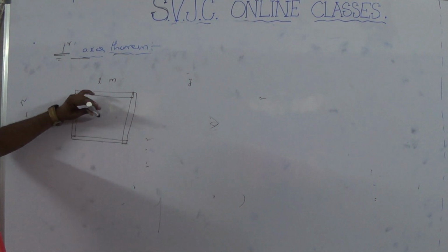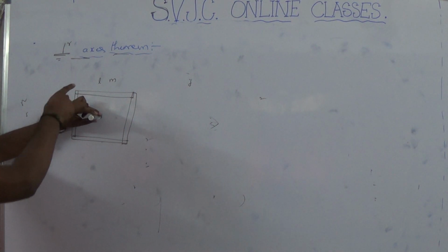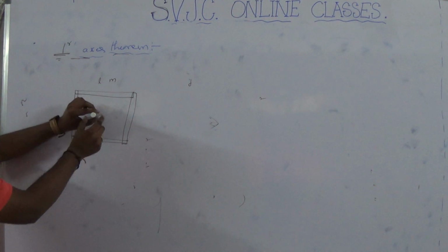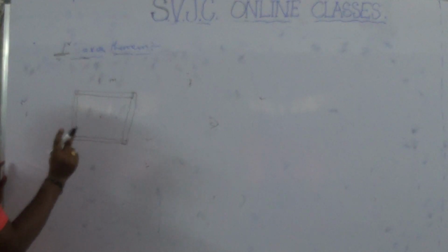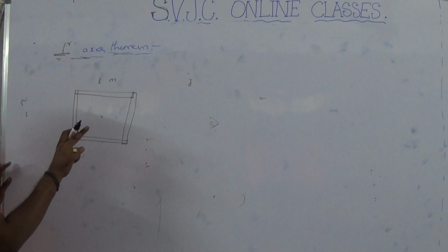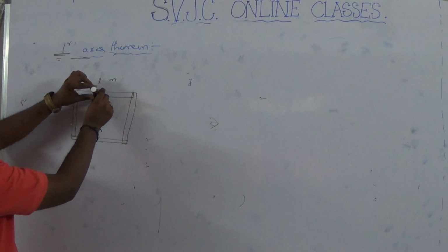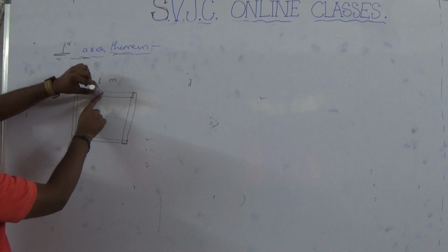about this axis, passing through the center? Length of the rod is L, mass of each rod is M. Now they are arranged in this form. What is the moment of inertia of this system with respect to this axis? Every body has its own moment of inertia about its own axis. With respect to this axis, that means only consider a single rod, axis passing through the center of mass.